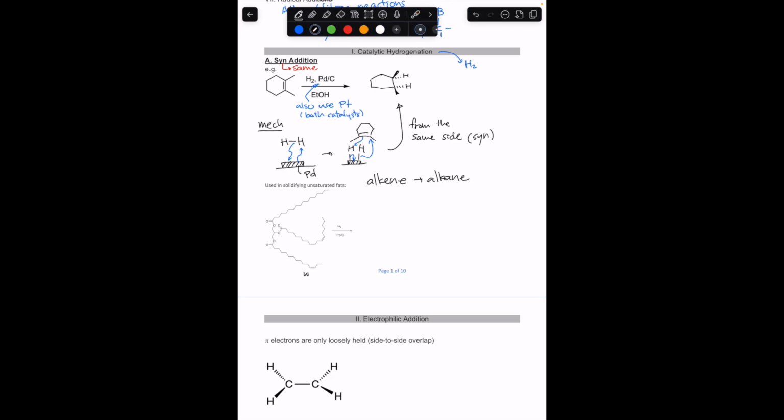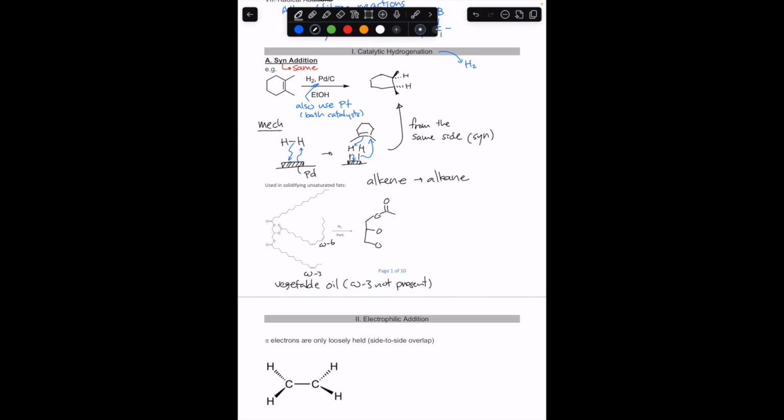I shouldn't say W, but omega is like that. So I'm trying to draw this as a vegetable oil, but technically a vegetable oil would not have an omega-3 present. So that part is not very accurate about this structure, but once you do the hydrogenation,